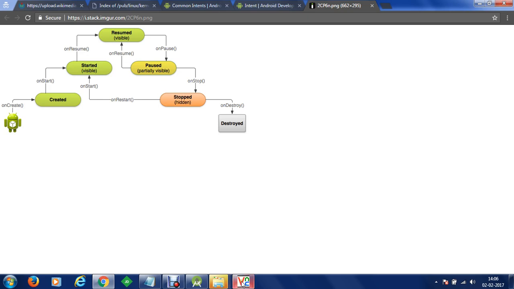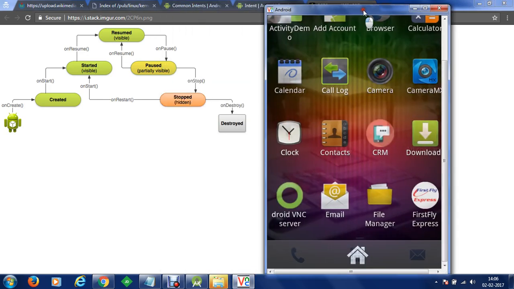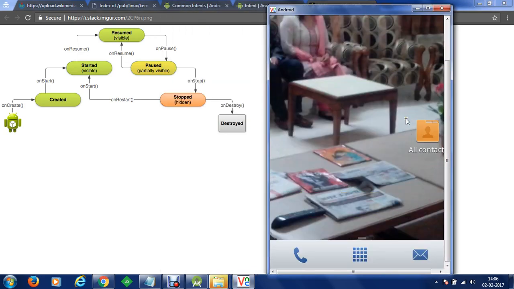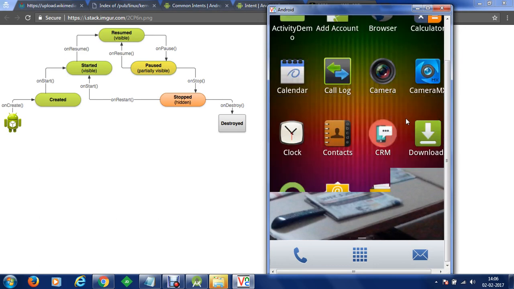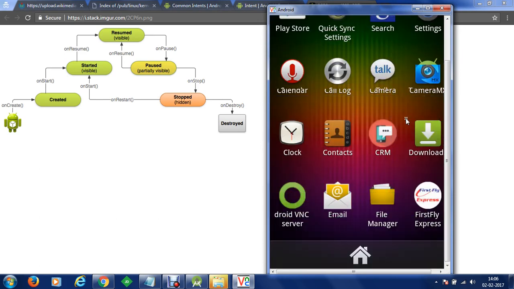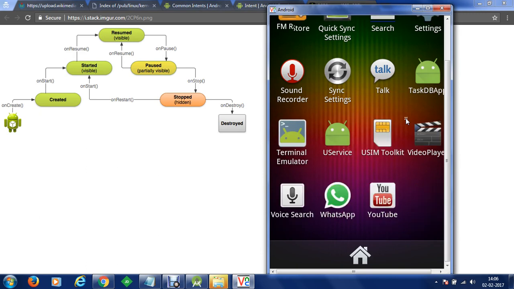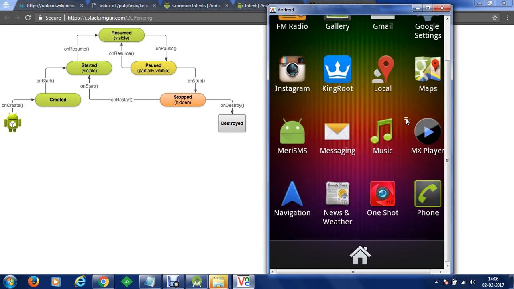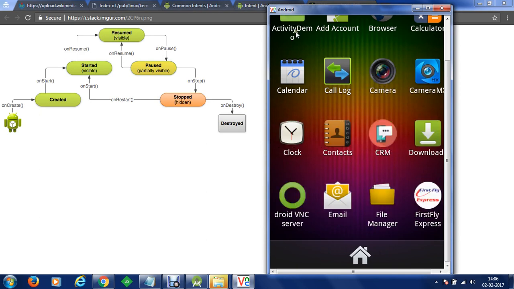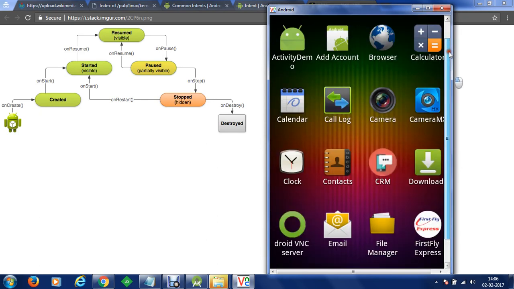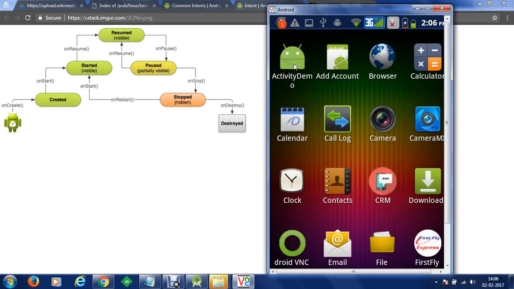We'll open our application here, the application activity demo, and the name of the application is activity demo. Clear? So let's run this application, activity demo.